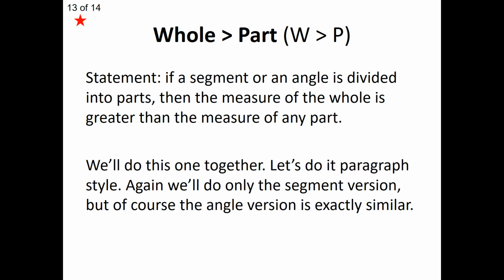This is called the whole greater than the part, or W greater than P. We've seen already that if we have the sum of two parts equals a whole, I can declare the whole greater than a part by the definition of greater than. But what this whole greater than part says is actually a bit broader than the definition of greater than. This one says that if a segment, or again an angle, you'll do the segment version, or I'll do the segment version with you in a second,